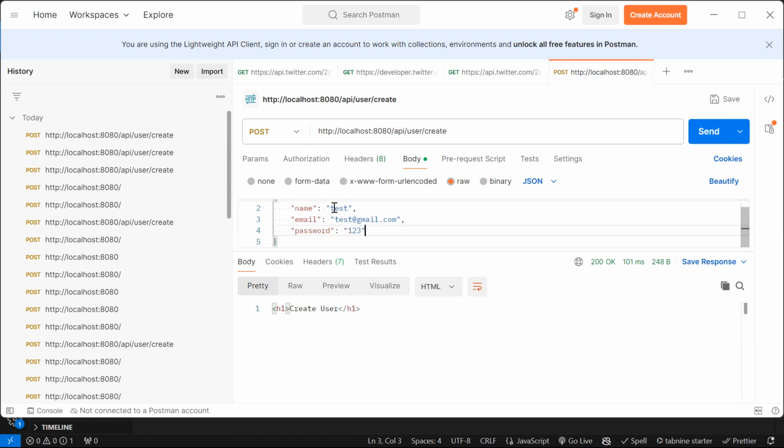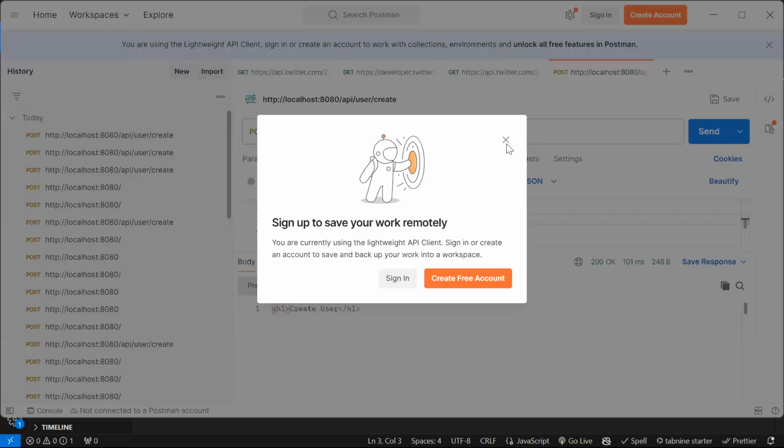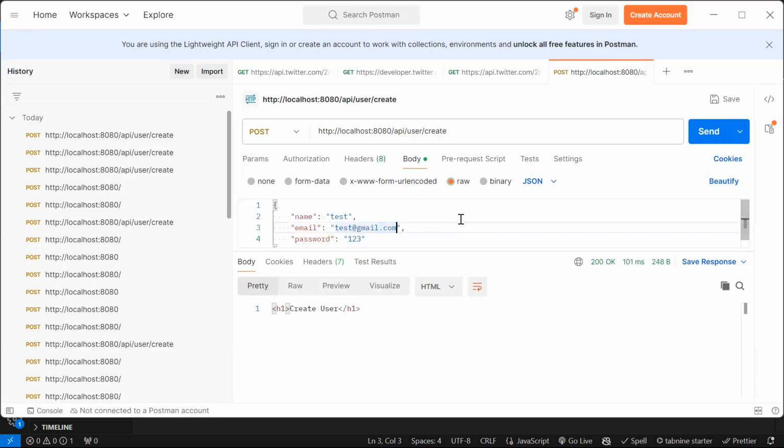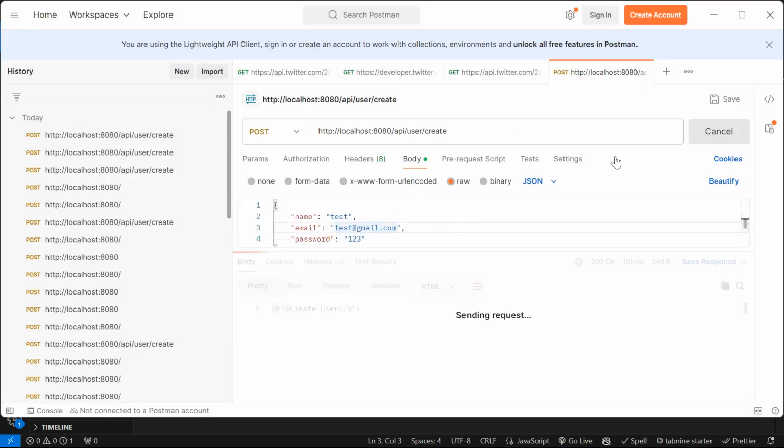Here for basic purposes we are sending it directly, but for safety, when we send a password from the front end to the back end, we have to hash the password. That is how we do it in a professional environment. So, sorry. From here, if I click send,